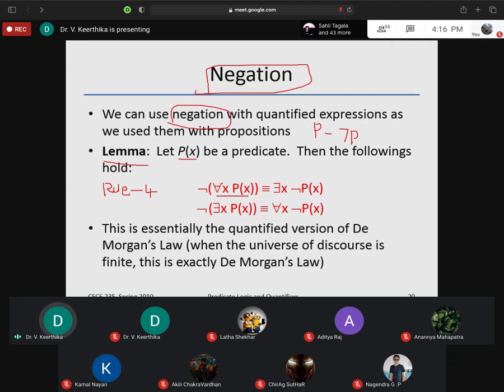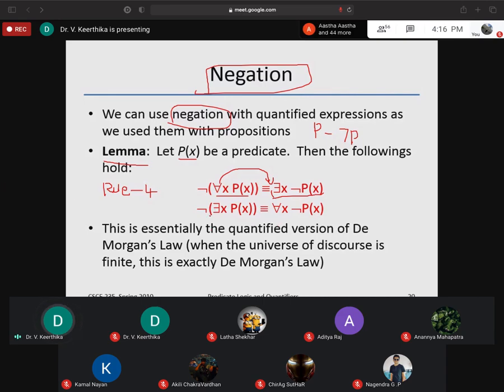Here, universal quantifier. Instead of the universal quantifier, you have to give... So what I am saying here is, for all values it will be true. If negation means no, it's not for all the values. I have to give, this is for some value. So you have to remove this. From here, it will be changed to another quantifier. This negation will come inside. That's it. This is rule 4. You can call it the negation of the proposition.